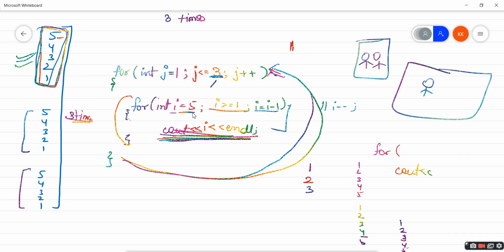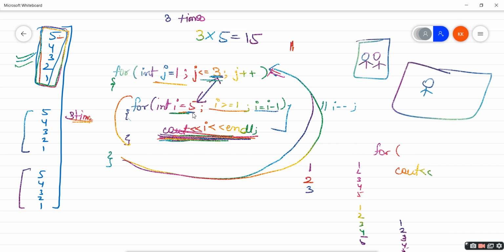So in total we have one outer for loop and an inner for loop. Whatever the multiplication of these two is, this cout statement is going to be executed that many times. The outer for loop is going to be executed 3 times, and the inner for loop is going to be executed for each j value 5 times, right? So 3 into 5, in total 15 times this cout statement is going to be executed.